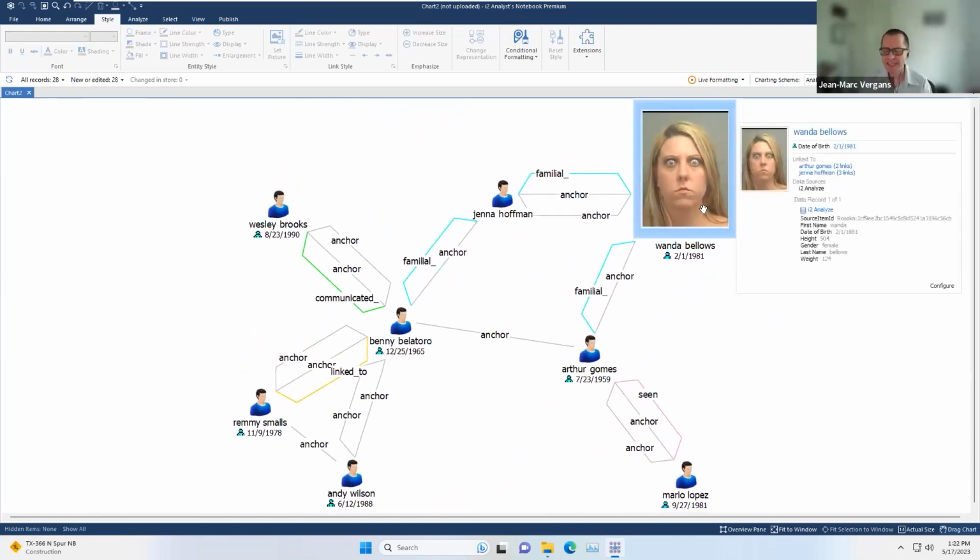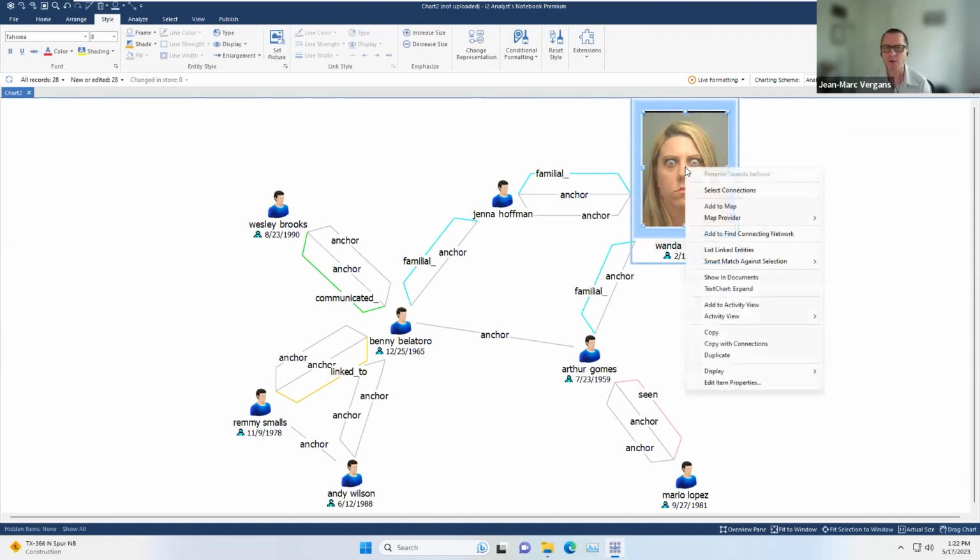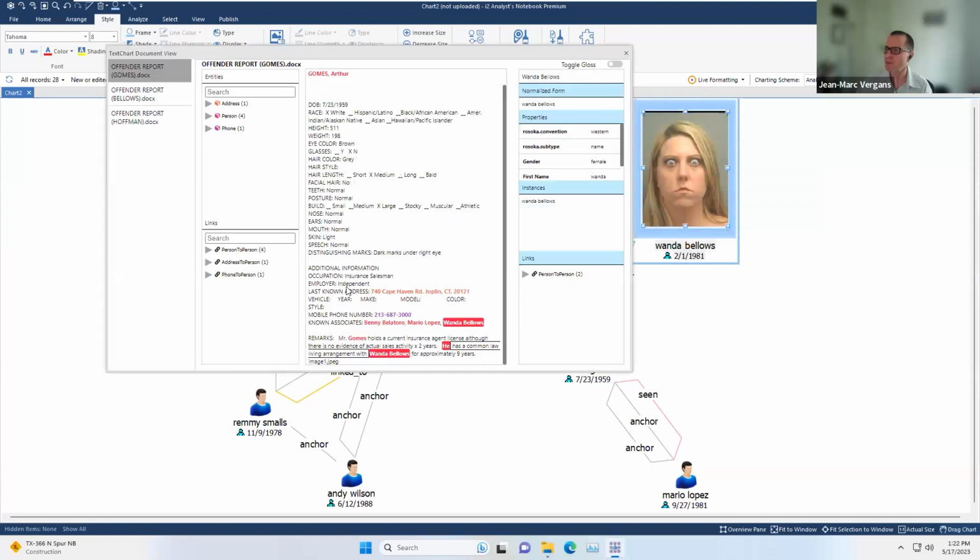Something that's key as you start bringing data from different data sources is being able to go back to the source information, so you can assess not only if the data is valid or not, but also its quality. So for everything that comes from our text analytics feature, I can just right-click, and you're going to see two new menus that have been added. One is for showing the document and the other one is expand. If I just want to see which documents Wanda was referenced in based on my collection,